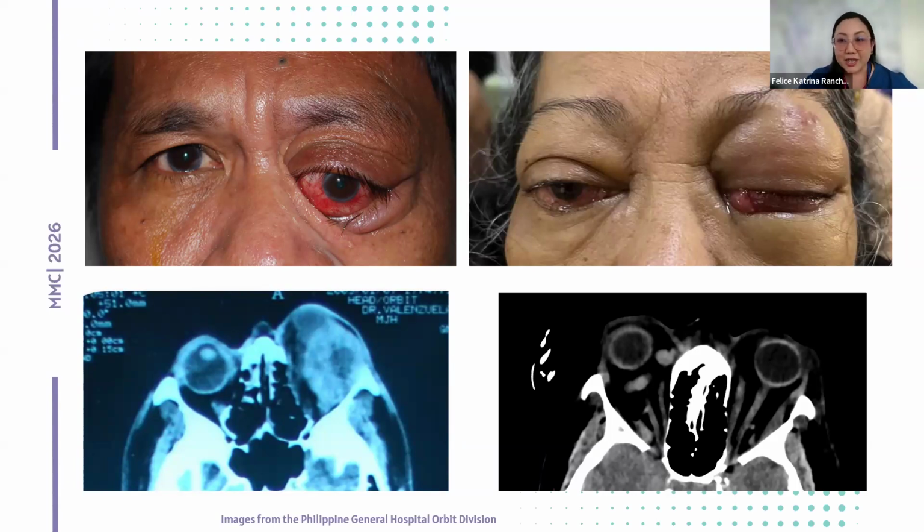However, in contrast, the patient on the right had rapid increase in content. So this patient on the right was a case of spontaneous retrobulbar hemorrhage. Some cases also, for example, of fulminant infection will present this way. Because the increase in the volume of the contents happens very fast, the eyelids and the bones are not able to adjust. So on the photos on the right, we see the very tight lids holding the left globe in place. And on CT, all we see is straightening of the optic nerve. There's no remodeling of the bones going on there.